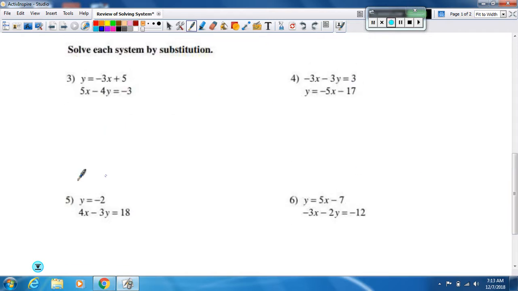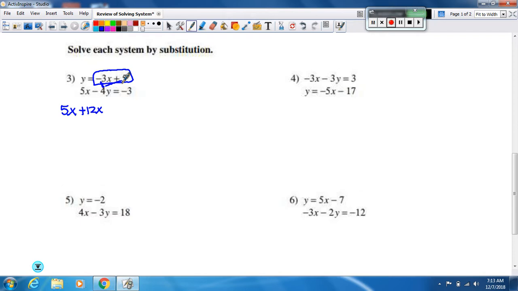Okay, now solve each system by substitution. You want to get a variable by itself and put a box around everything that's after the equal sign. So then you're going to write your equation, 5x, rewrite the other equation. When you get to that variable that they had by itself, you actually distribute the number in front by multiplying. So negative 4 times negative 3x is a positive 12x,